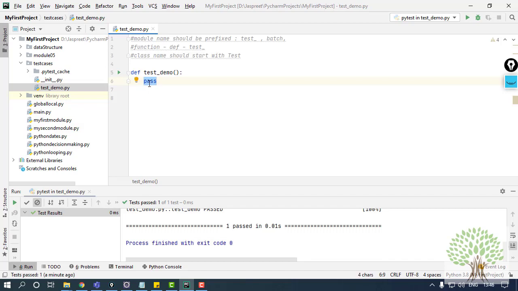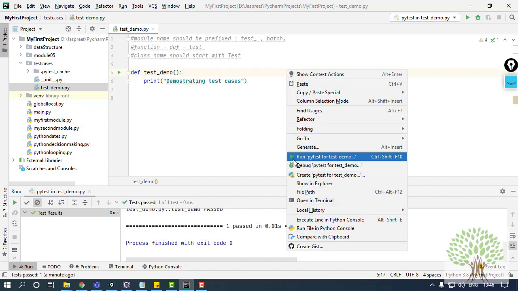Right now I'm not taking any Selenium code, just Python commands inside, like arithmetic operators, the print statements and all. That is going to be here only. So I'll have print, I'll say demonstrating test case. Okay, this is what I need to have in my test case.